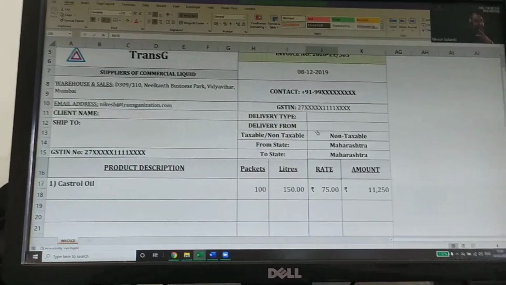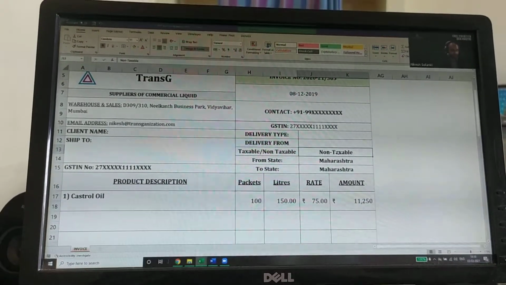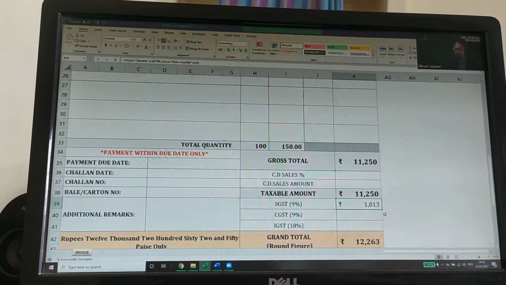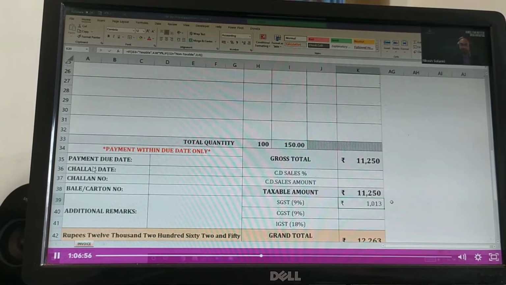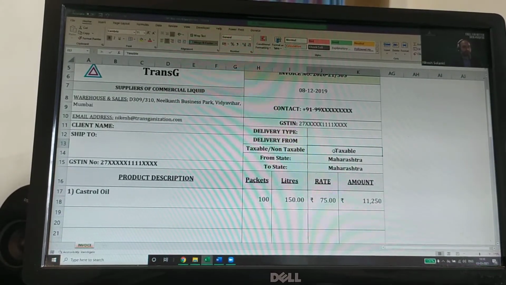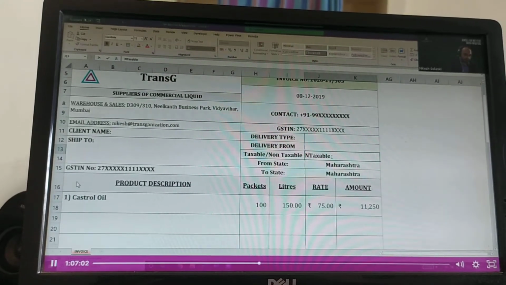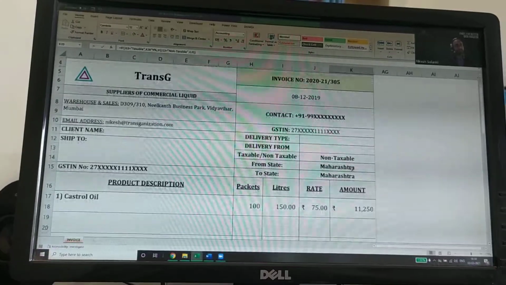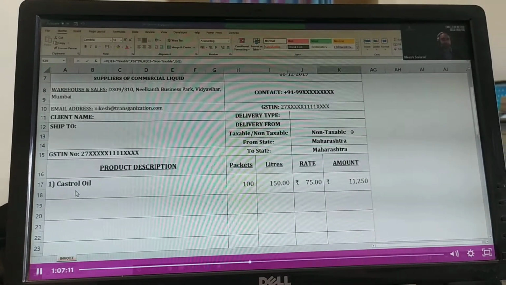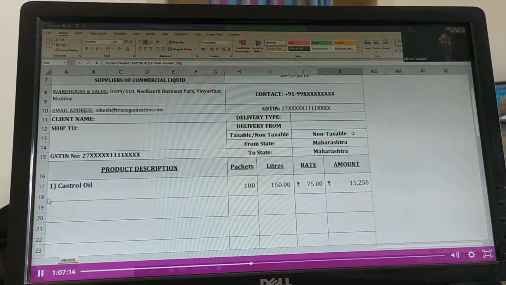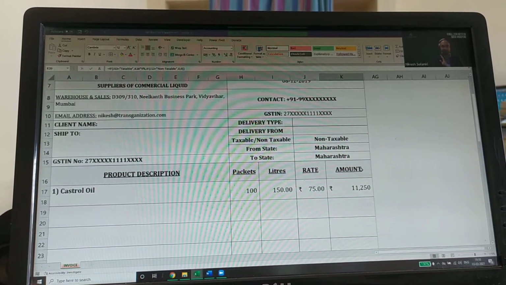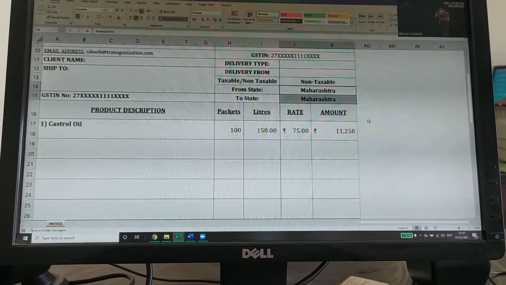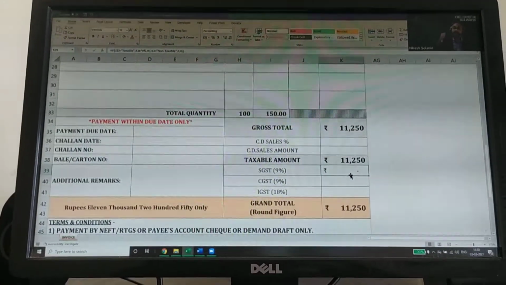First condition, whether it is written taxable or non-taxable. Okay, I'll change this to taxable again. If I change this to taxable, you'll be able to see the formula or the number. And if I change this to non-taxable again, obviously you will not be able to see this. So the first condition, the formula is checking whether it's taxable or non-taxable. Then what I've written is, if it is taxable, put the formula. I have not checked the states yet. So this is how you can put two ifs, or nested ifs.